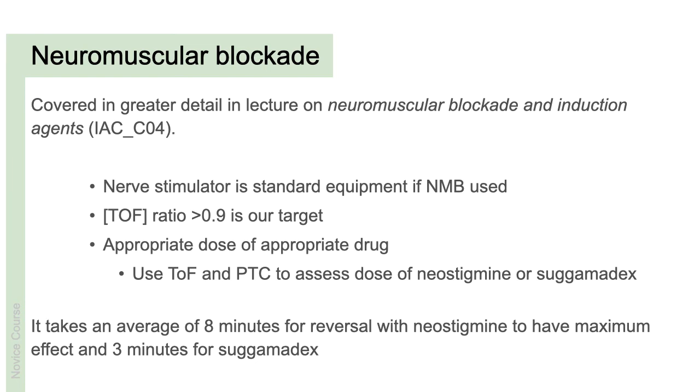You will see within seconds a tachycardia from the glycopyrrolate. That does not mean that the neostigmine is at its optimal levels, has reached its target receptors to work. It takes an average of 8 minutes for neostigmine to have its maximum effect, and it takes about 3 minutes